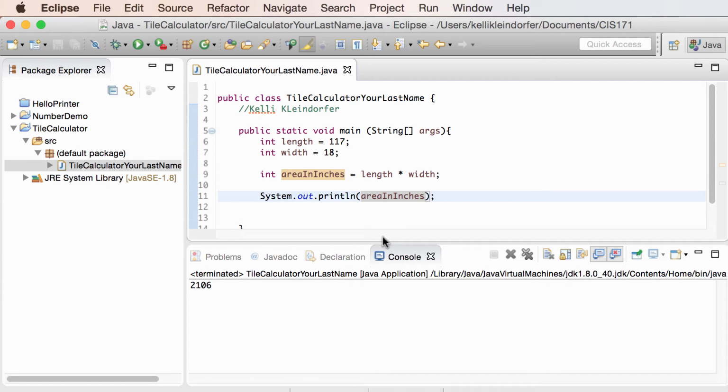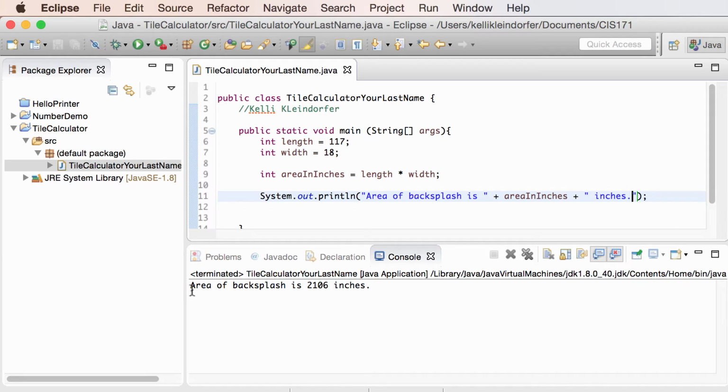I can also add in text so I can make this more meaningful. And if I want to put in text, I put in 2 double quotes and then a plus sign to attach whatever variables I'm using. So I might write something like area of backsplash is whatever the value is plus the word inches. Because I've done this a lot, I know where I need these spaces at, and you'll get better as you do more of Java programming of where you need these spaces. Now if I save and run,